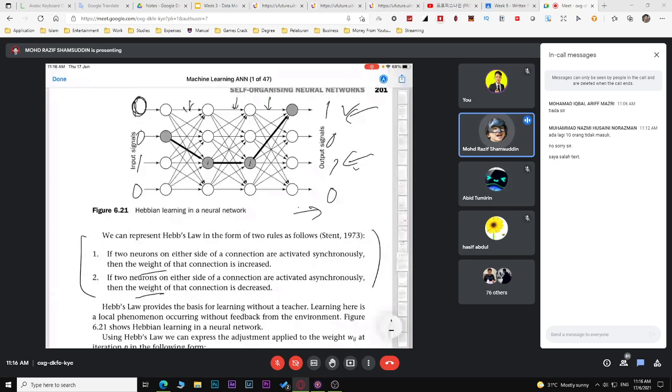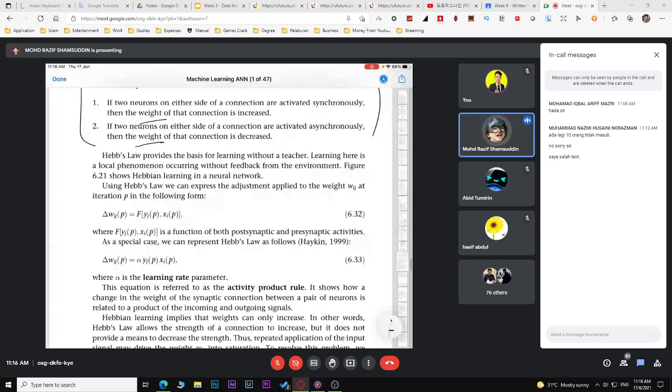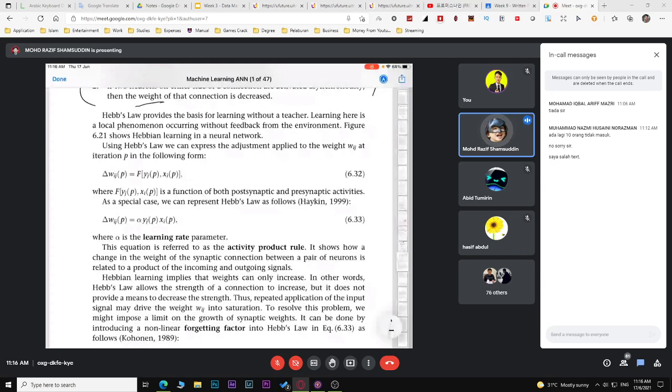So Hebb law provide the basis for learning without a teacher. So ini adalah pengiraan dia untuk weight change. So weight change adalah dia kata kalau ikutkan adjustment of the Hebb law ni, weight at iteration P is calculated as follows lah. So paling mudah sekali pakai yang kedua ni. Equation 6.63,